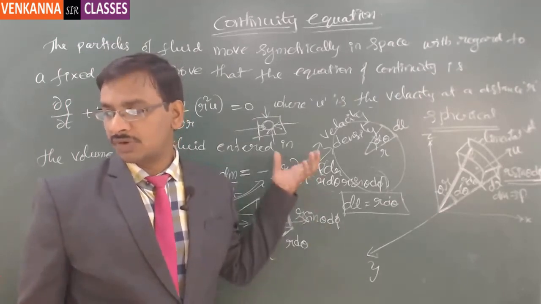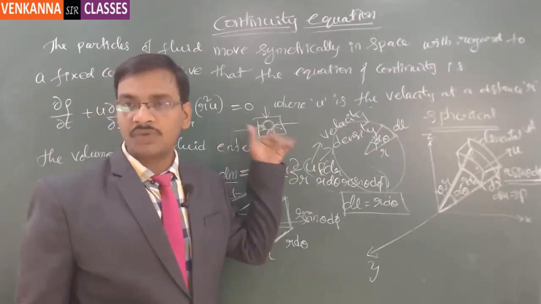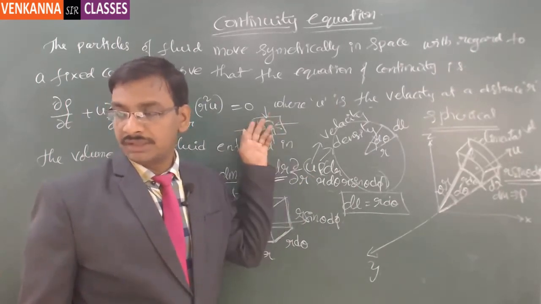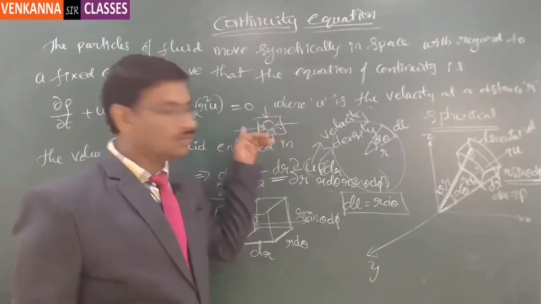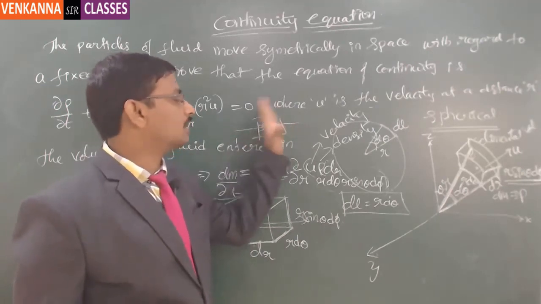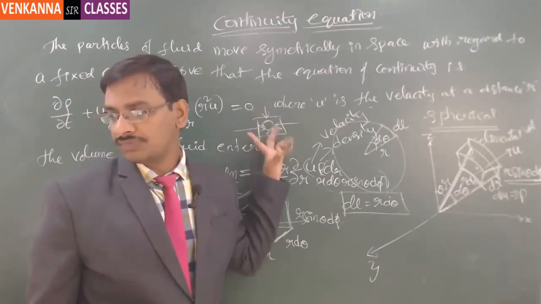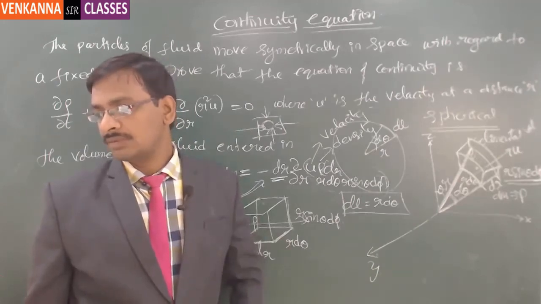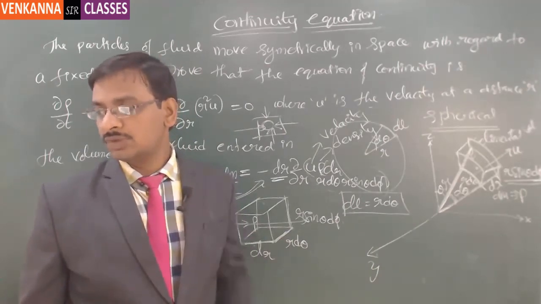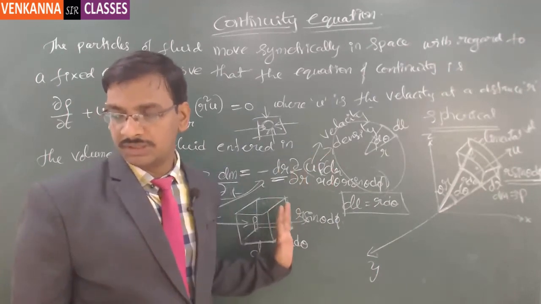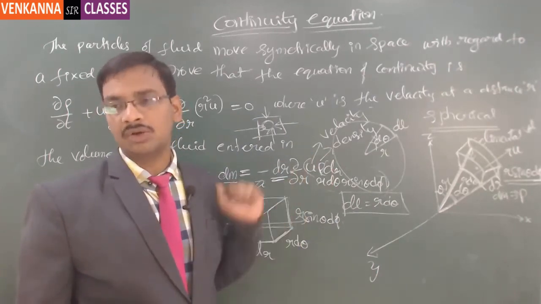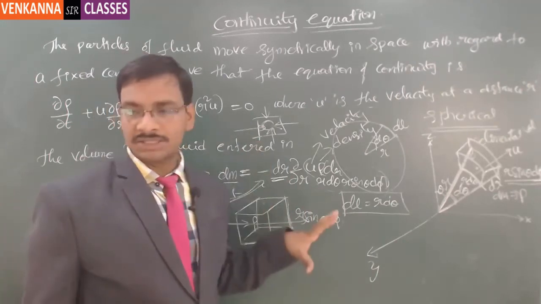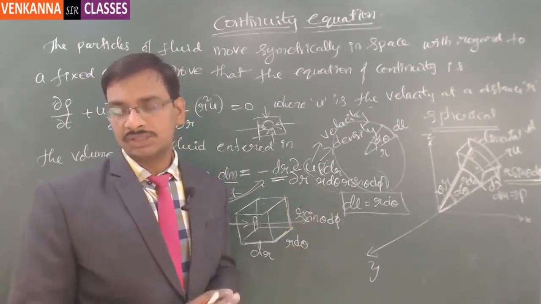In 1 second, whatever fluid after 1 second got placed within this particular box, if I count it, that count should be exactly equal to the fluid that entered over all the surfaces together. Is that understood, Samrin? This is the same concept we are using here. Per unit time, we are counting it. Now the shape of the box is different,